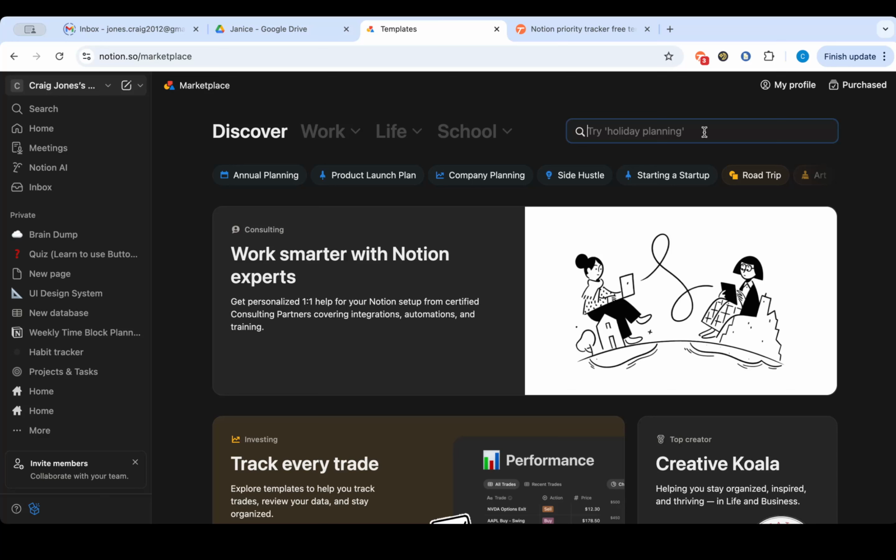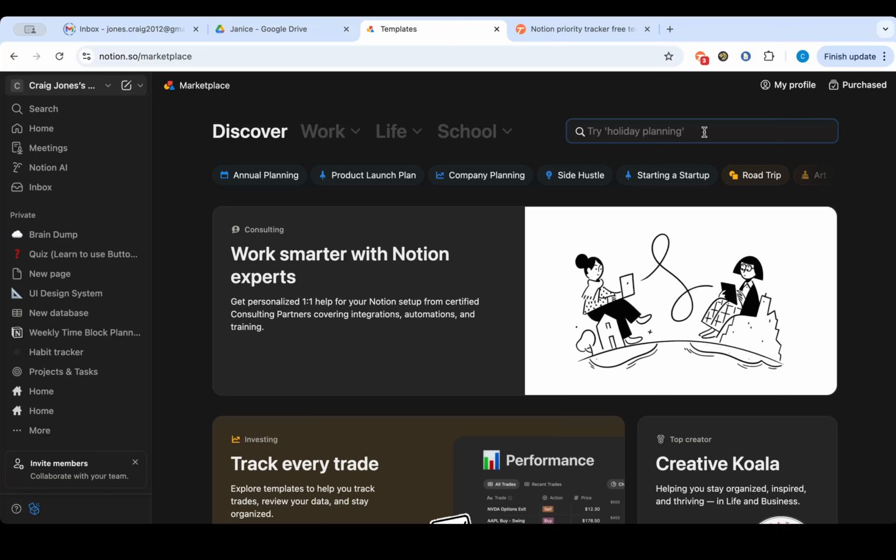Next, from the drop-down menu, locate and click on Templates. This is an exciting feature of Notion. It allows you to discover a pre-designed collection of templates tailored for a multitude of purposes. By selecting templates, you are now in a space that houses a vast library of useful tools and structures that can make your life easier, whether you are organizing personal to-dos, collaborating with team members, or simply trying to prioritize